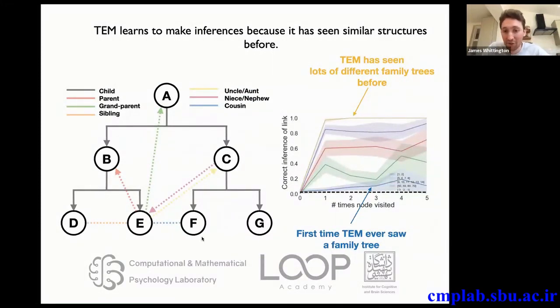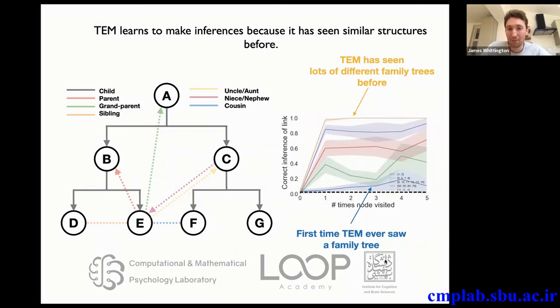hierarchical-based graphs, again, at the very, very beginning, when it's only ever seen one family tree before, it's rubbish. It can't make these inferences. But right at the end, it can make a one-shot immediate inference of what's going on, even though it has never ever taken this link before. For example, if I've said we're going to go for a parent, then if I say who is the grandchild, it will know who that is, even though it's never experienced this transition before, or